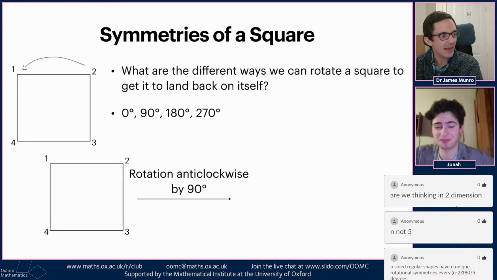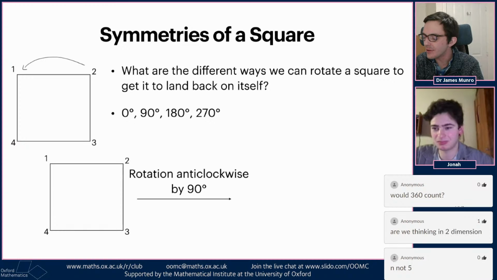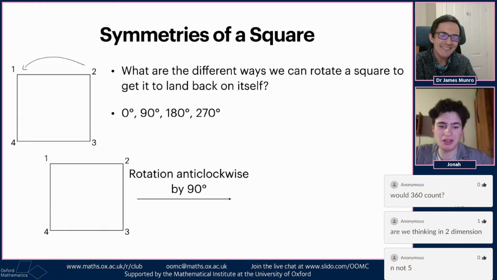Exactly. Okay, and not 5. Right, so there's a question about anti-clockwise rotations. Do you want to say anything about what happens if you rotate in the opposite direction? So, this may be something you can visualize quite nicely, but if you think about,